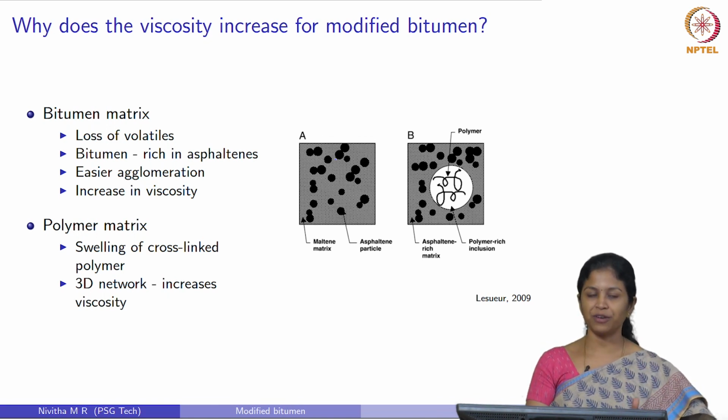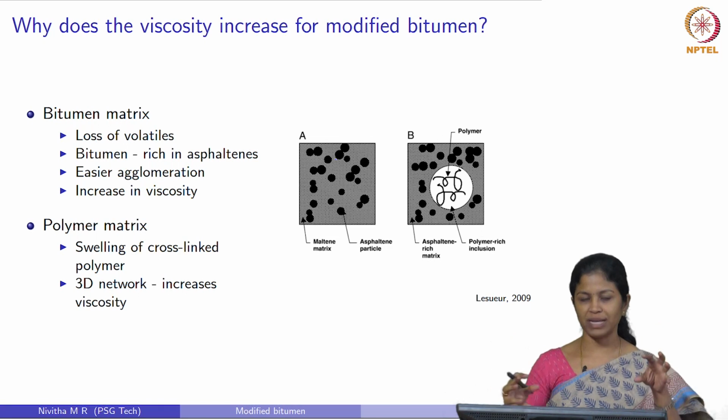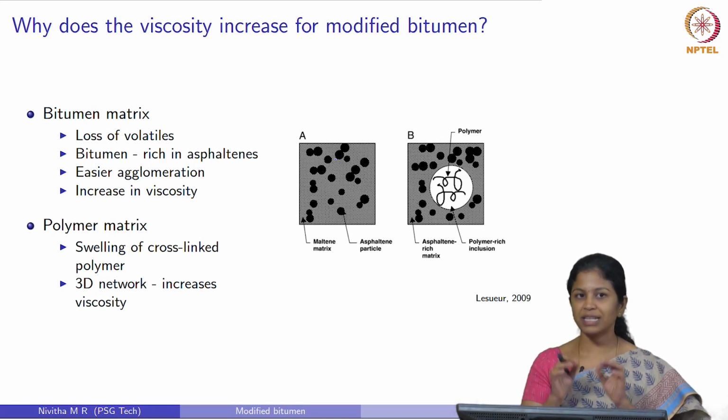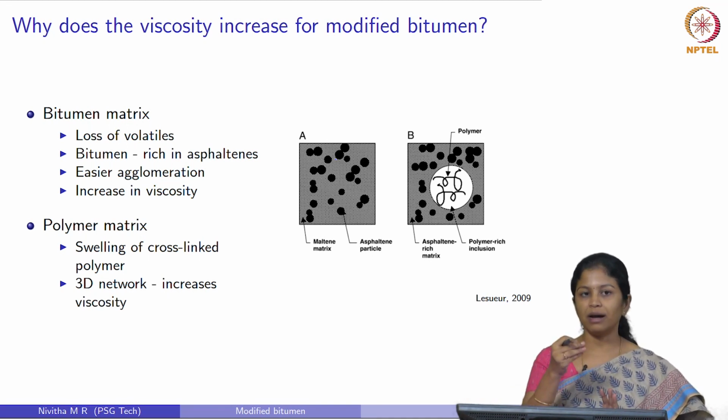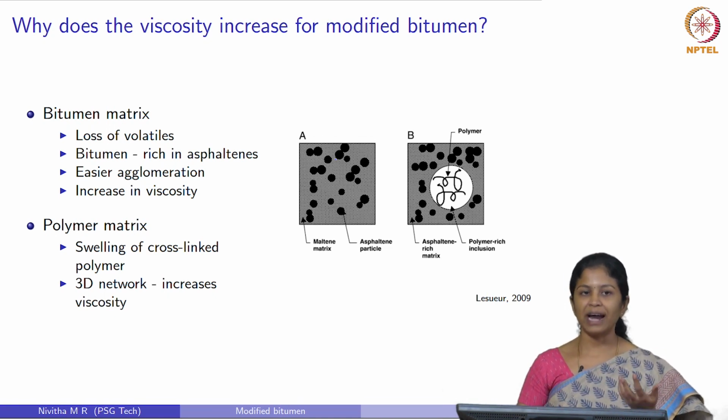The second one comes from the polymer. So, this polymer absorbs bitumen. We have already seen they form an intertwined network, right. We have polystyrene domains, and these polybutadiene chains are present there. So, they absorb and form intertwined domains. This cross linking, which is again physical in nature, there is no chemical cross linking here, they are only physically interlinked. So, this physical cross linking increases the viscosity of the system. So, this increase in viscosity comes from two aspects. One is the change in properties of the bitumen matrix and the second one is because of the change in the physical state of the modifier which is added to bitumen.